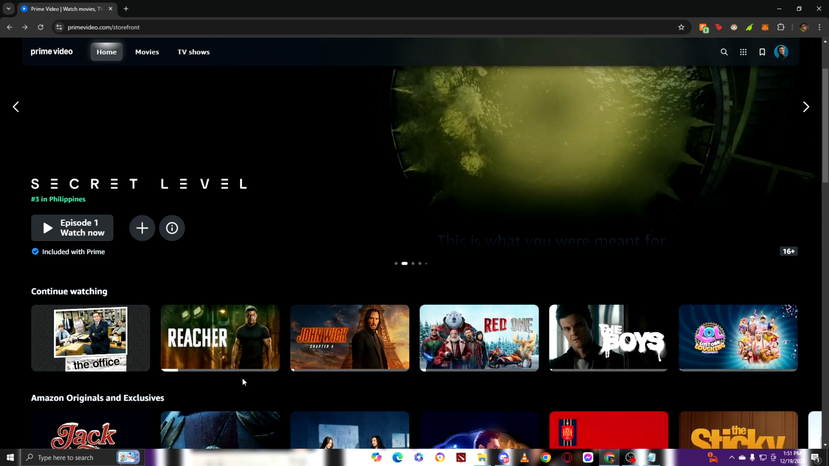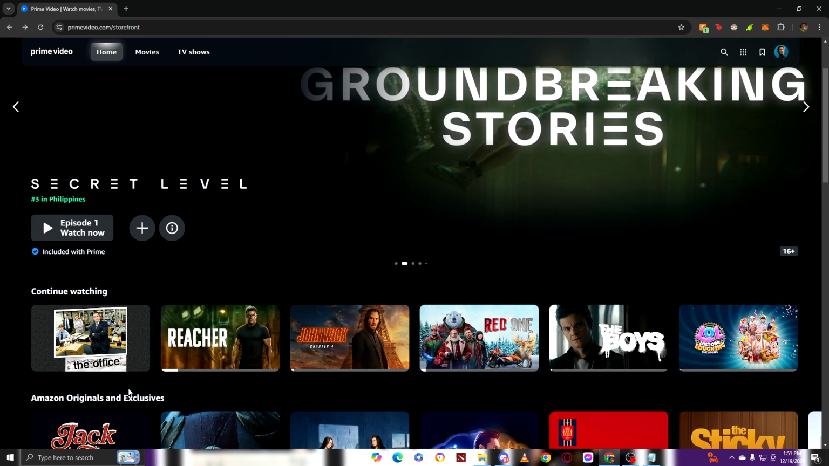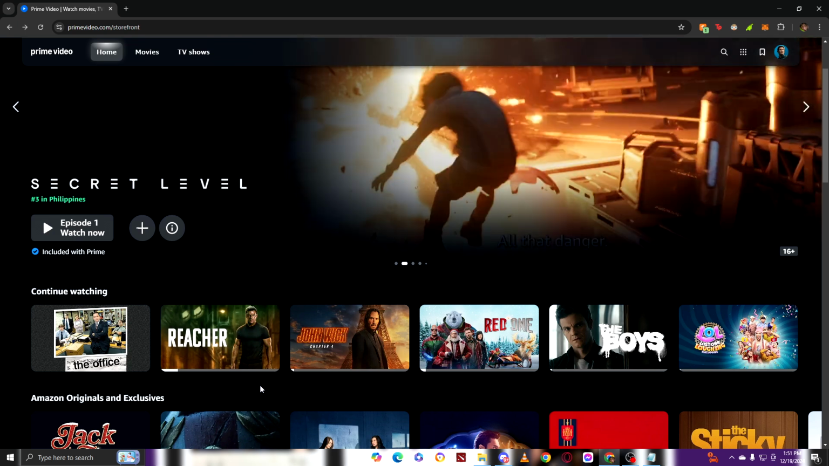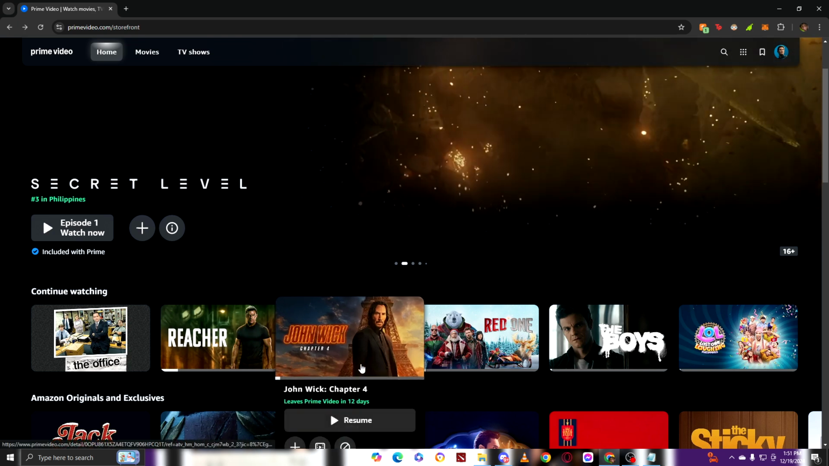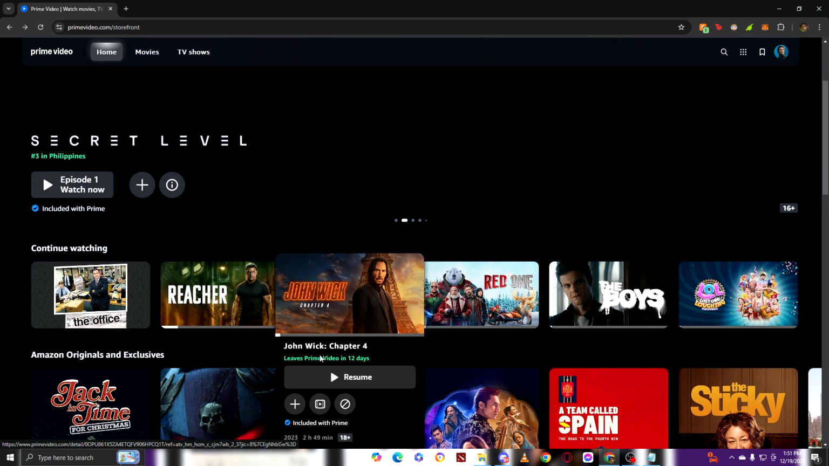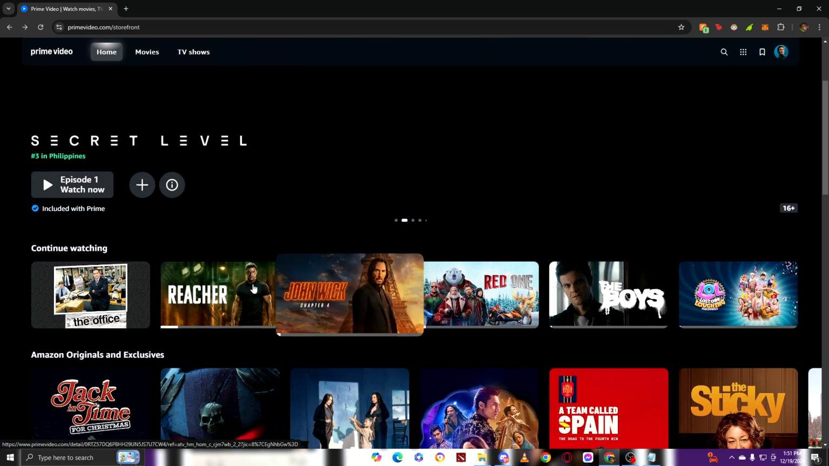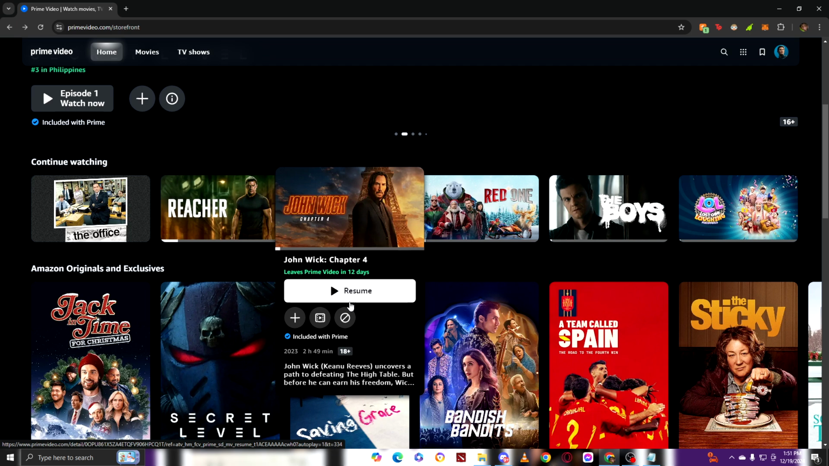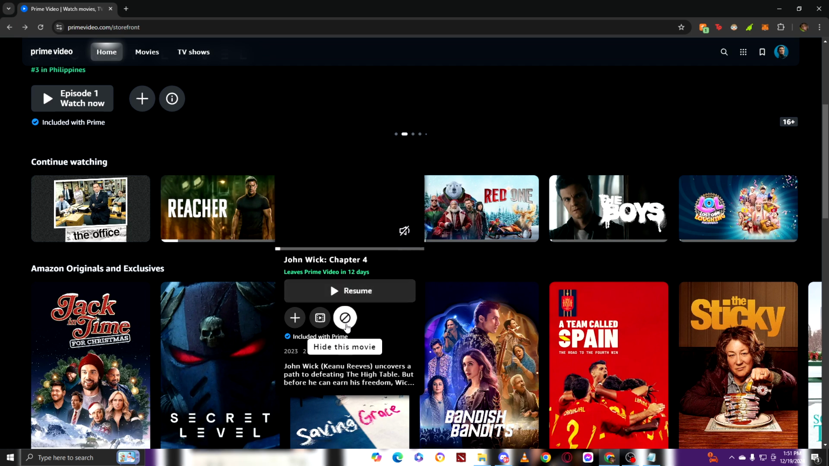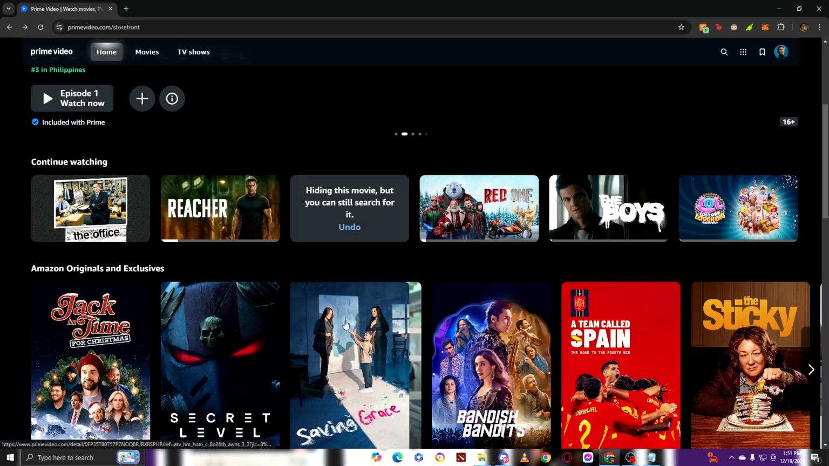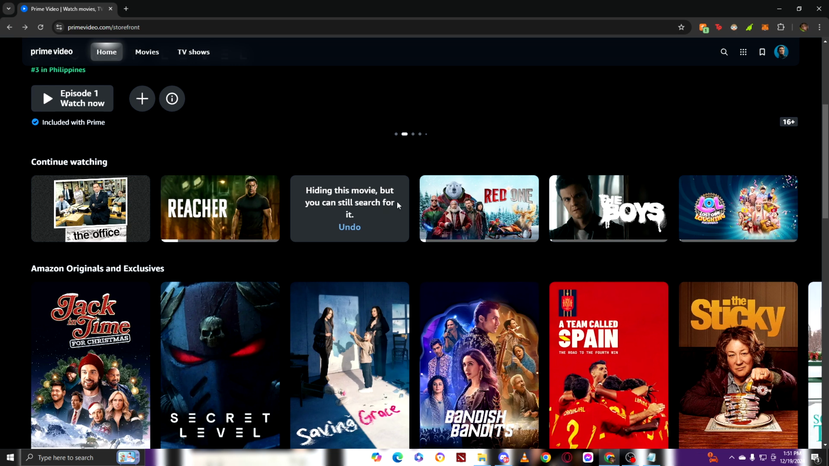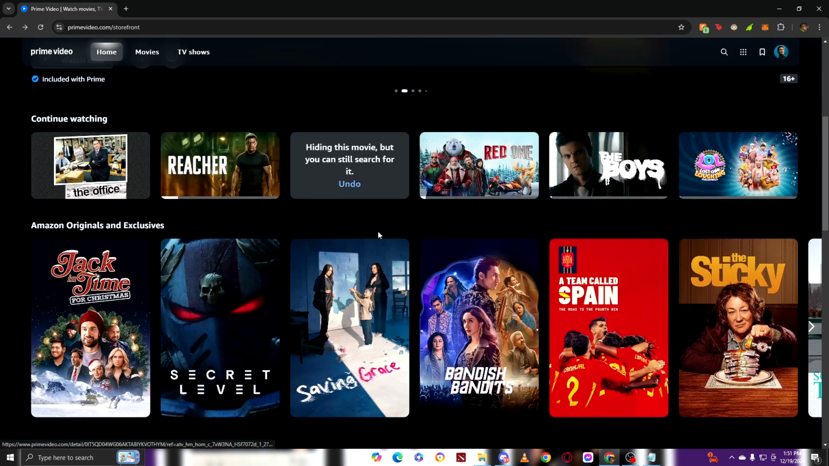To remove those from your continue watching, all you need to do is hover your mouse over the movie or series that you want. For example, John Wick. Then go here and click on hide this movie. There you go. It's hiding this movie, but you can still search for it. As you can see, it is now removed